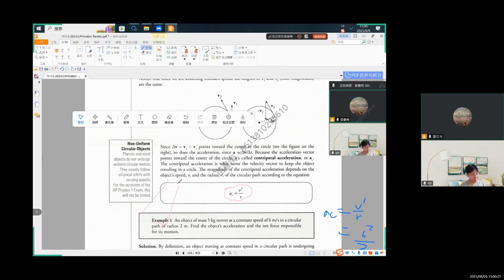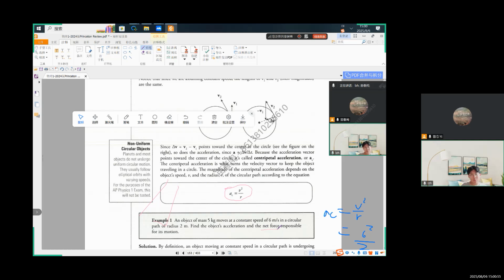Yes, which is 18, right? 36 divided by 2. So 18 is my acceleration, right? Then what's my net force? The next question, what's the net force? You know, the response for this motion. The net force responsible. That's like,